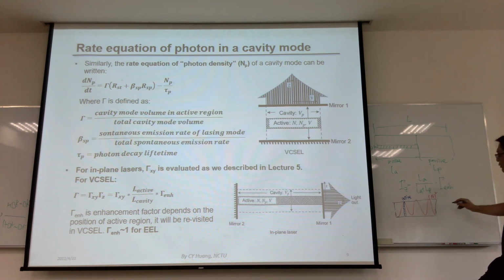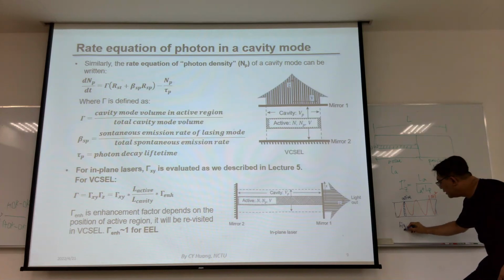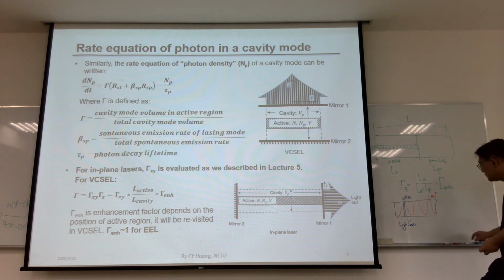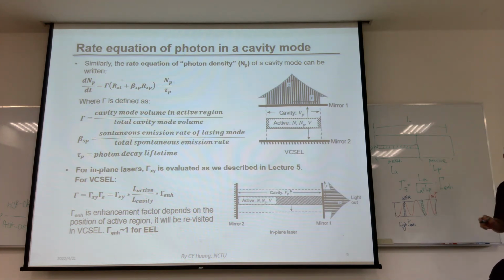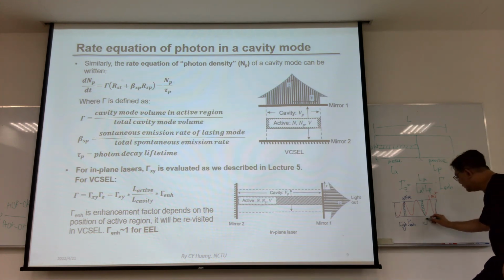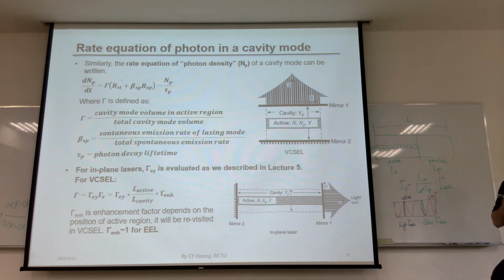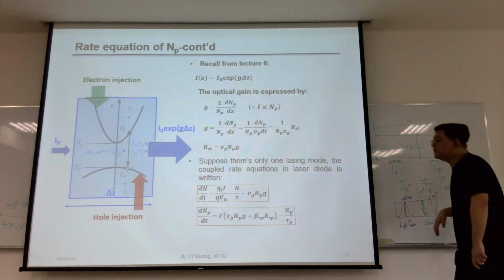So this will have a high gamma enhanced. However, if you put your quantum well here, unfortunately you do a really bad design, then you have a low enhancement factor. Okay, we will also tell you how to evaluate the actual number of the enhancement factor probably in lecture 13. So we will meet that again and again. Okay, anyway,